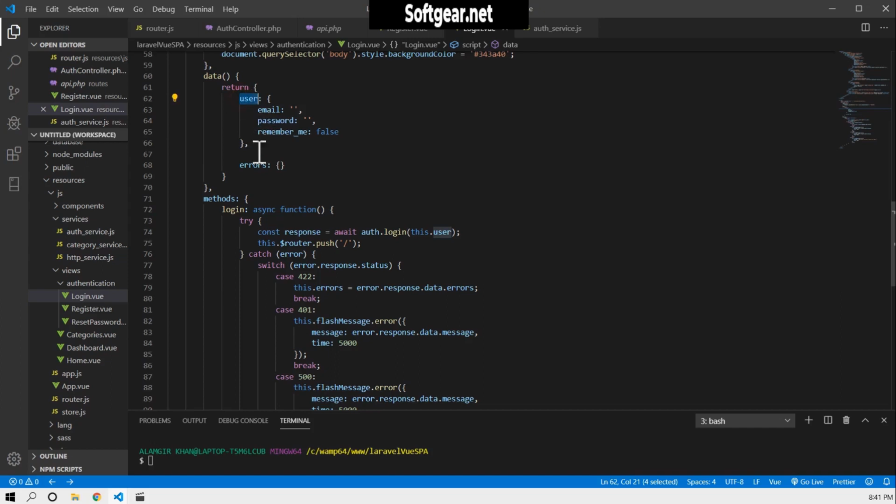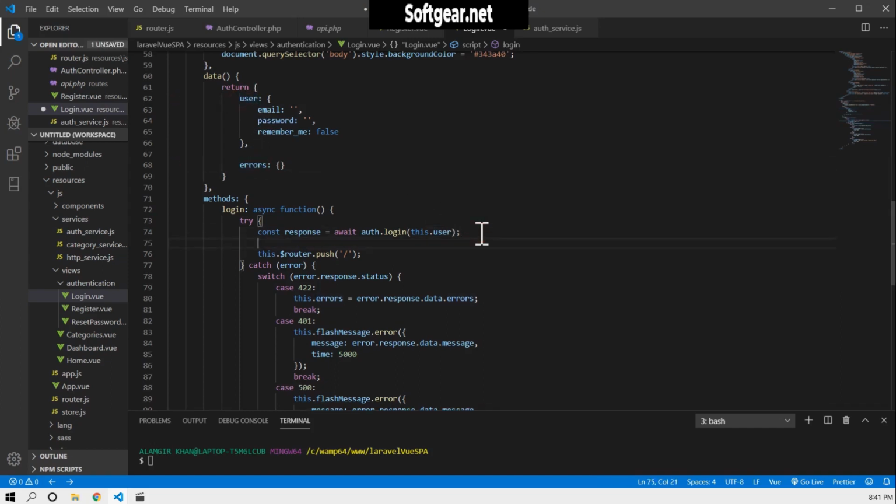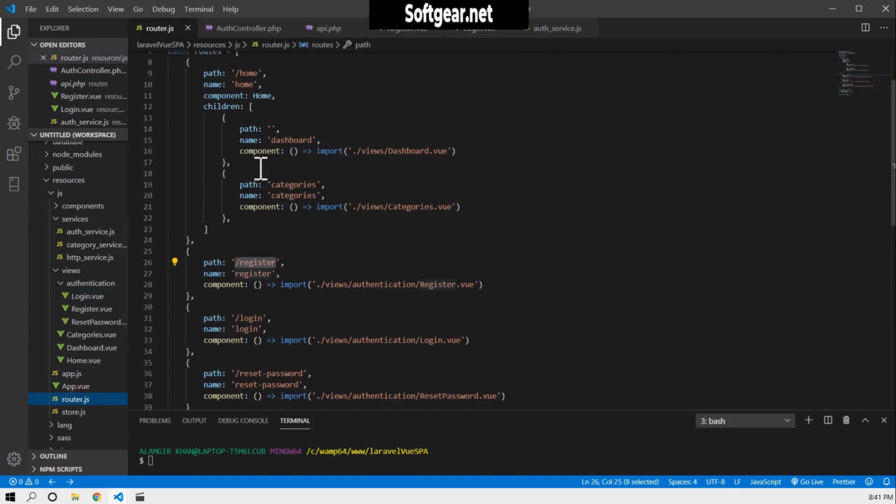We can also clear this. So errors to this, and this will move the user to the home. Okay, because in home we have these all,